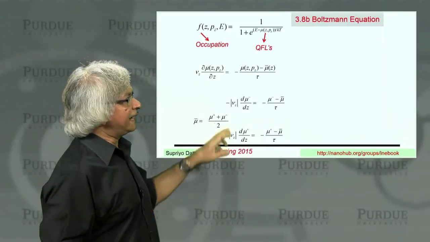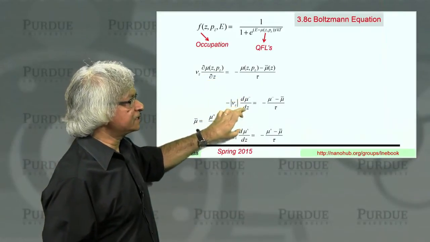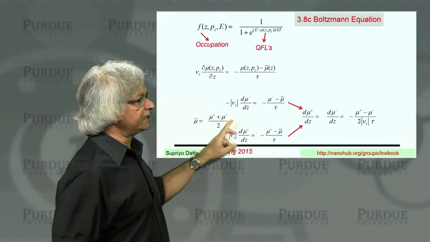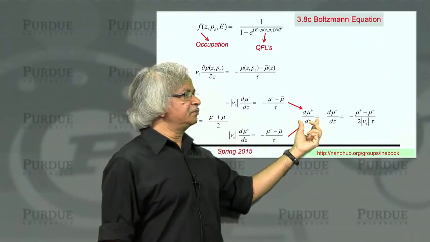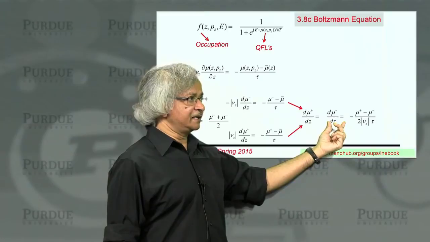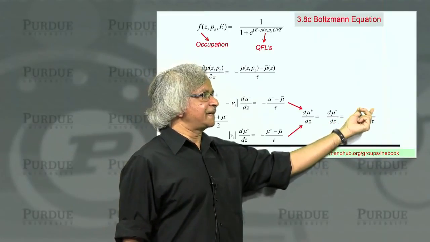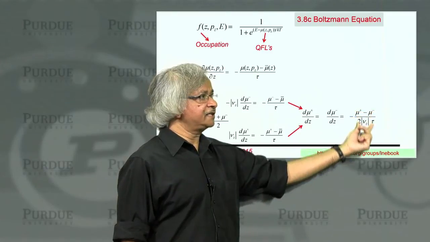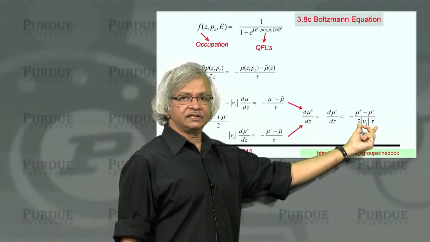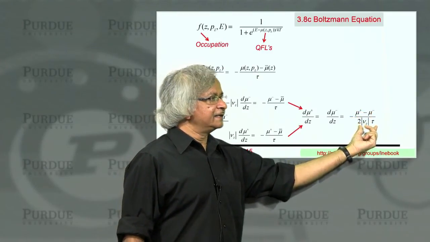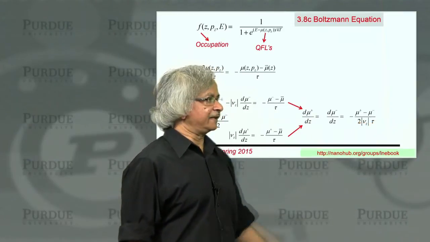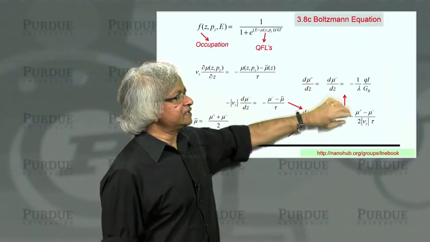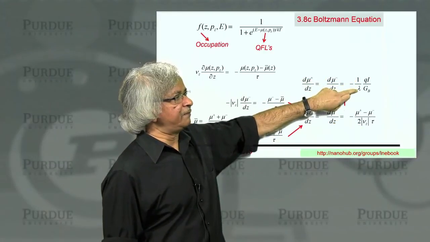So if you now take these two equations, and you make use of this relation, you can put this together and you'll get d mu plus dz equals d mu minus dz is equal to this separation of quasi-Fermi levels for plus and minus electron states divided by 2 Vz tau. And this is the quantity that's like the mean free path. And so you could write this as 1 over the mean free path.